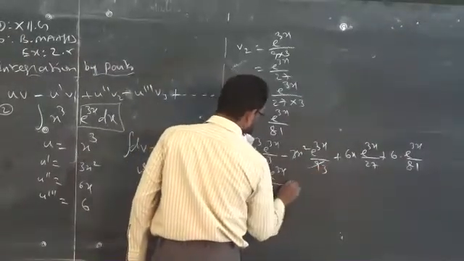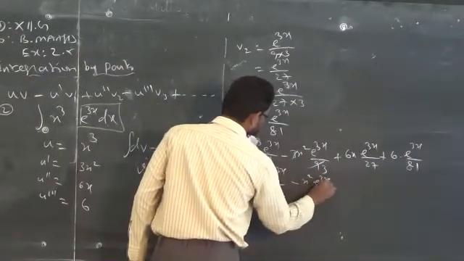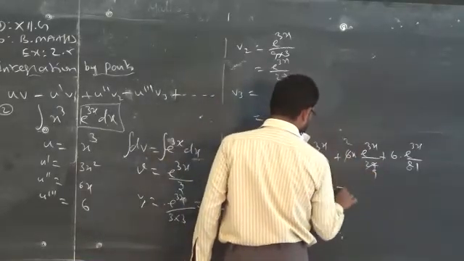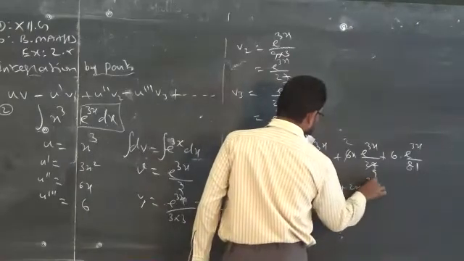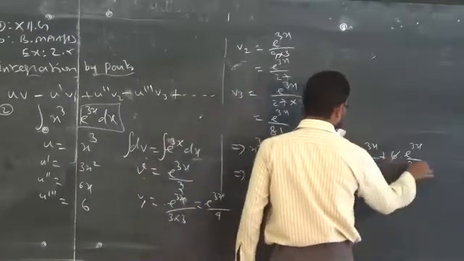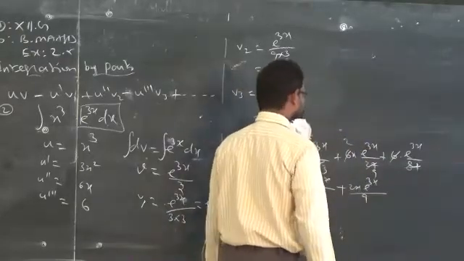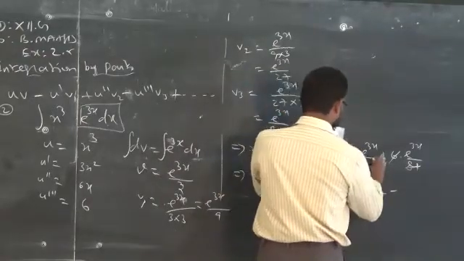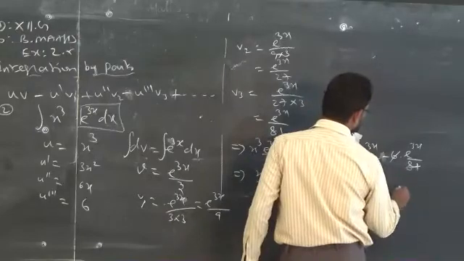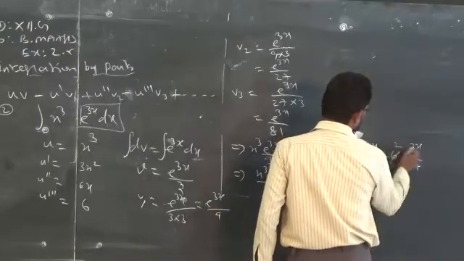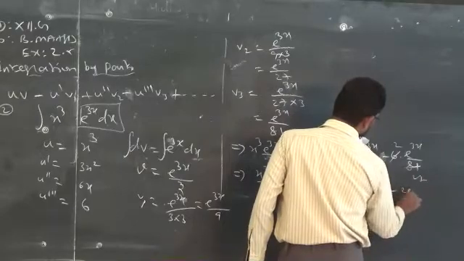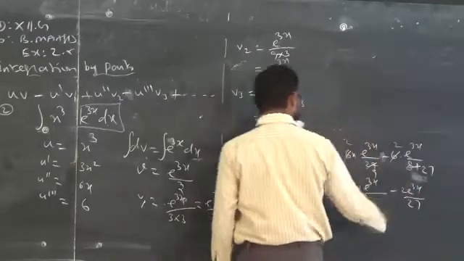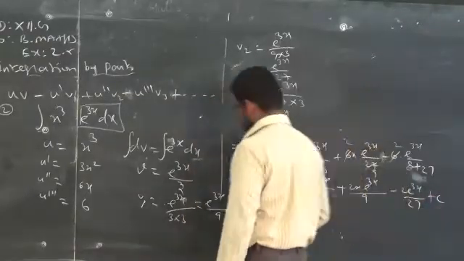It will go 3 times. Minus x square e power 3x by 3, then we can cancel 2 times 9 times, 2x e power 3x by 9. Again you can cancel by 3 times. The signs alternate: plus, minus, plus, minus. So minus 3 times 2 is 6 by 27, so 2 e power 3x by 27. That's all. Finally write plus c.